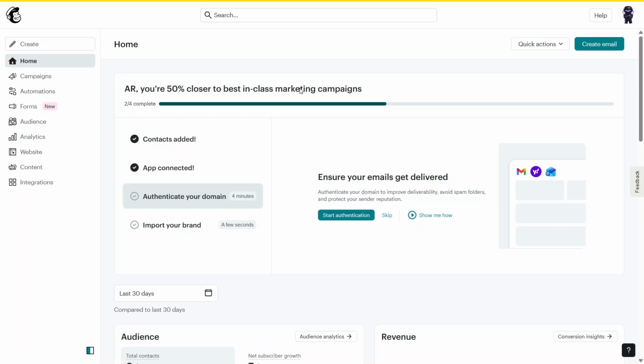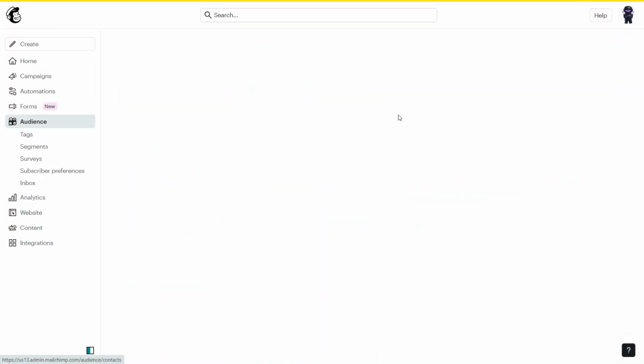First, log into your Mailchimp account using your usual credentials. Once you're in, look over to the left-hand side of the screen. You'll see a main navigation panel there. In that panel, find the option labeled Audience and click on it. This is where Mailchimp keeps all the information related to your subscribers and list settings, including the footer content we